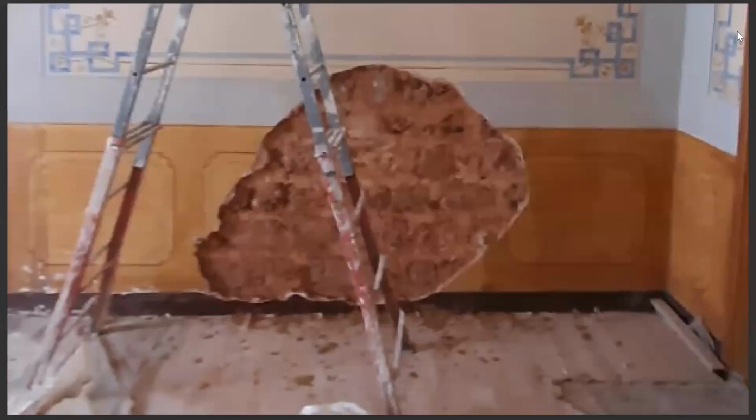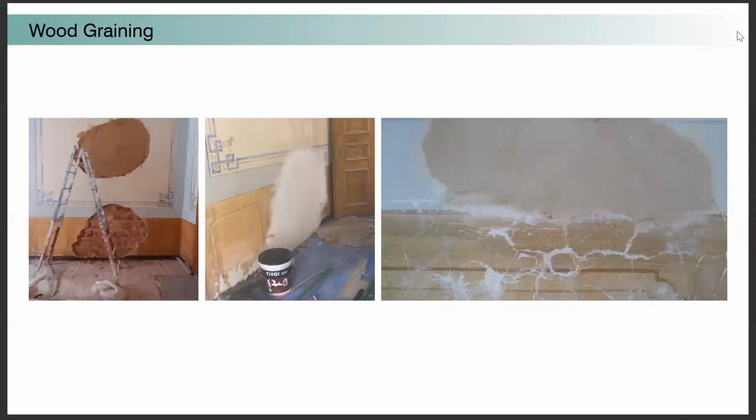So, same example now. In this house, in this particular job, there were many examples. There was wood grain, there was glazing, there was stenciling. Okay, hold here. So here's another example of cavities, which we're fixing. And then you see on the last screen, the little cavities that actually happen everywhere, because on every crack or every big bulge,